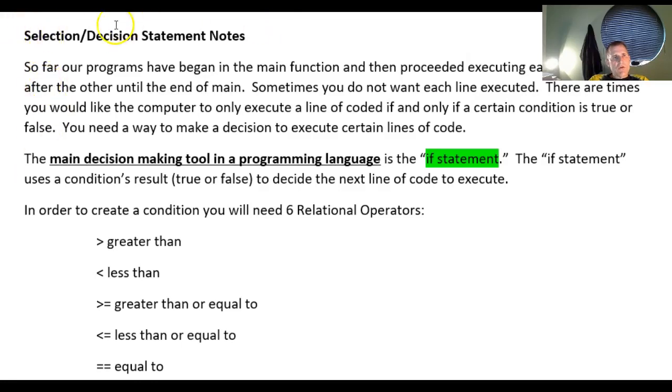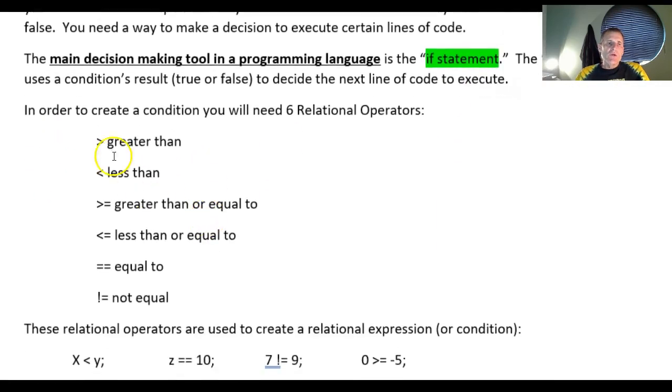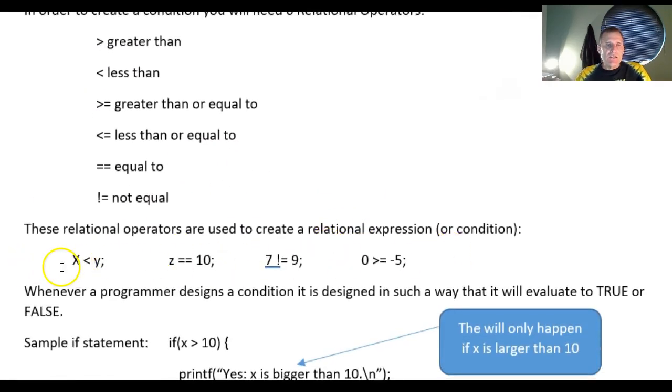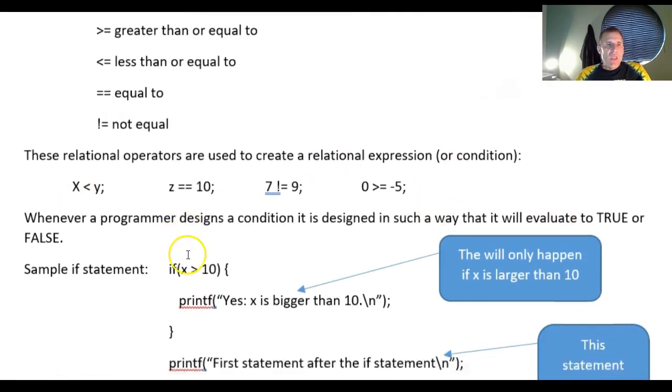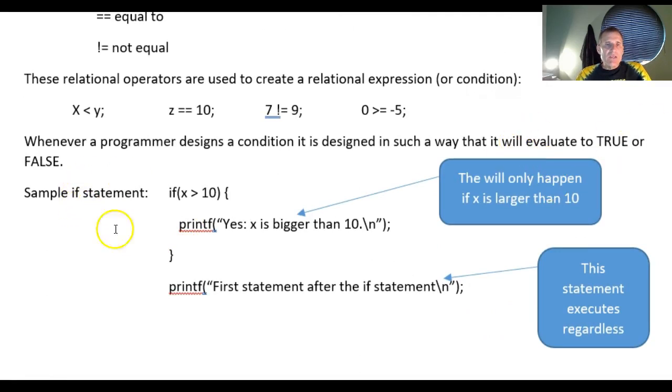Welcome back to part 2 of the selection decision statement. So far our programs, as you know, started with main and proceeded from the top down to the bottom. We introduced in the last video the decision statement, which is the if statement. We introduced the 6 relational operators. We discussed conditions equate to true or false. And we said, for example, if x is greater than 10,